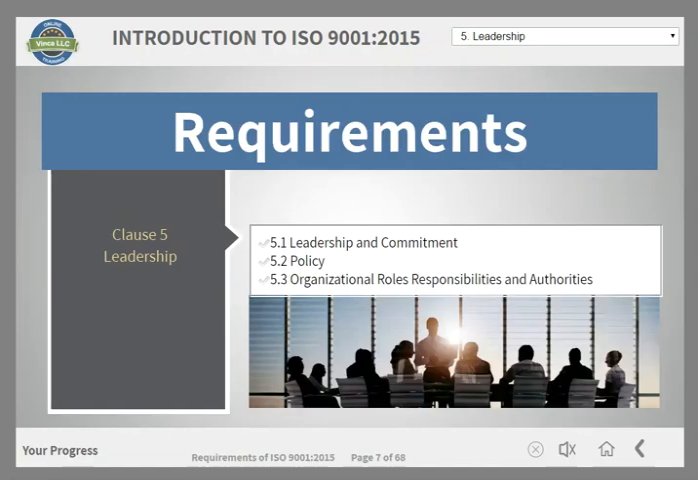Now we will move to Clause 5, Leadership. We see